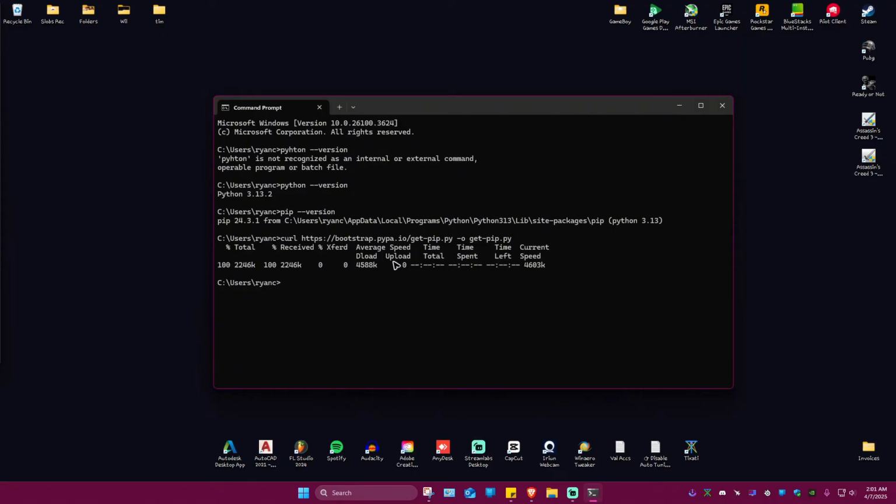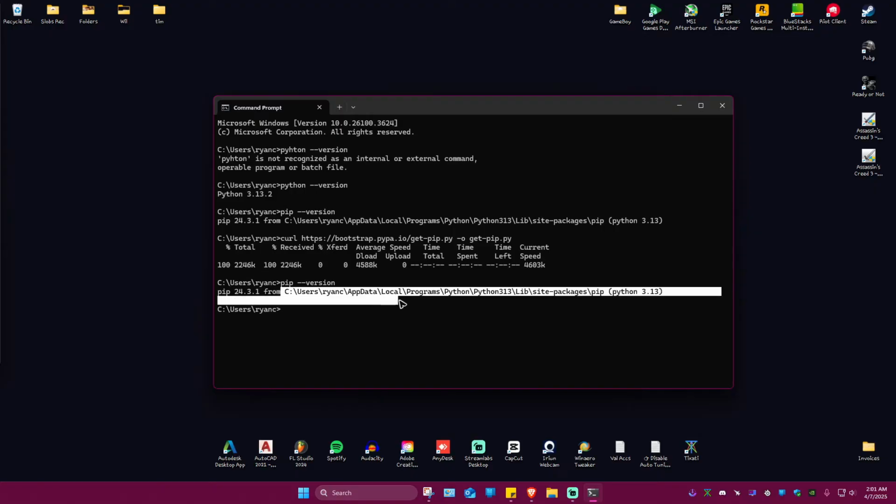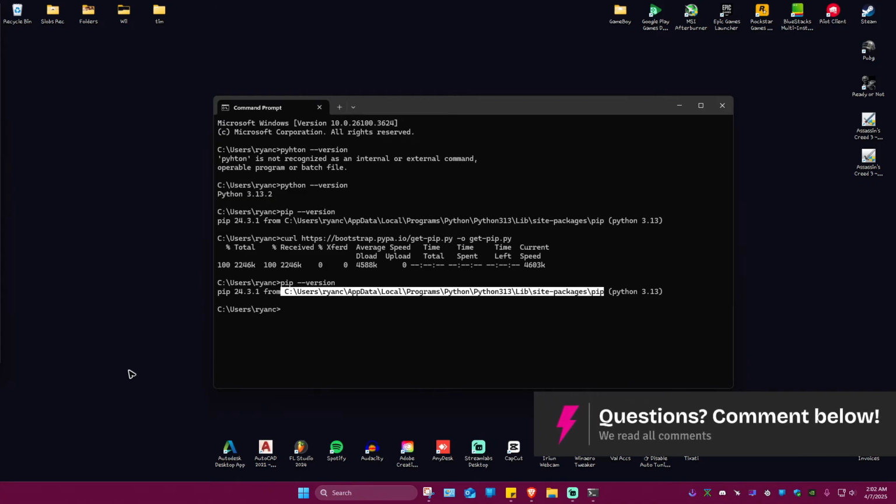Now, what you're going to do next is just type in pip space --version to check the pip version, all right? Hit enter, and as you can see here, I have pip 24.3.1, and it is installed right here in this directory. If you do get an error where it says warning and it has a directory right there,